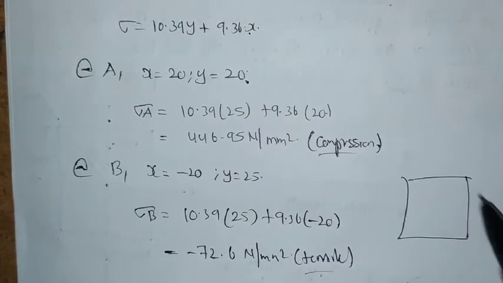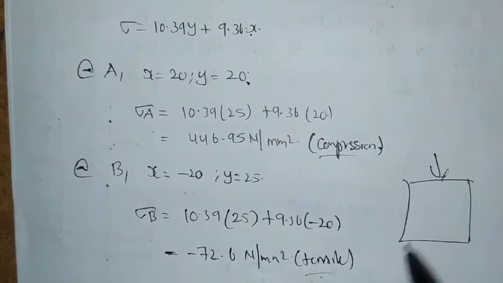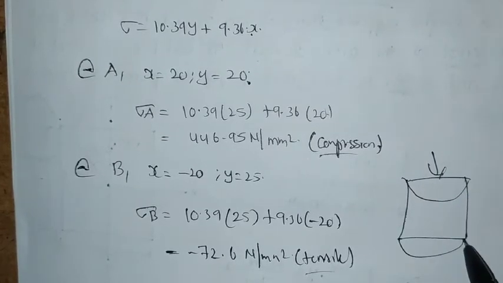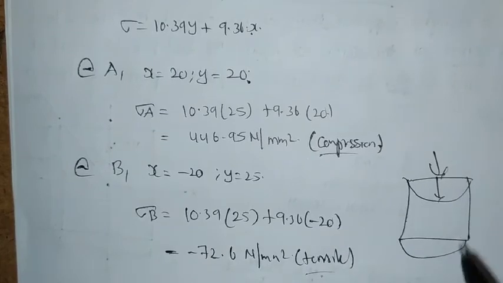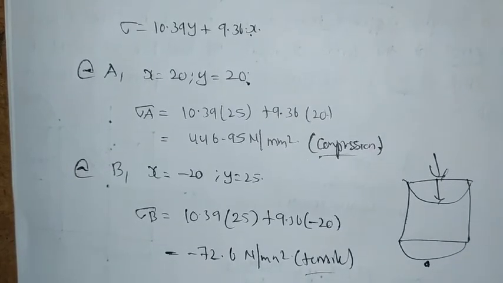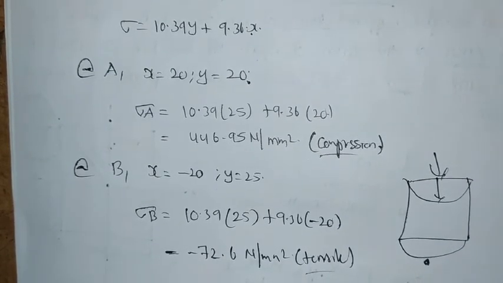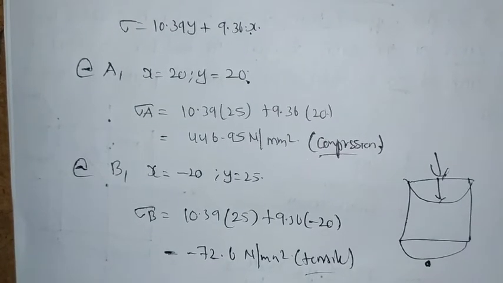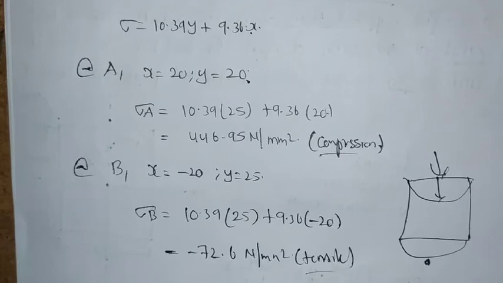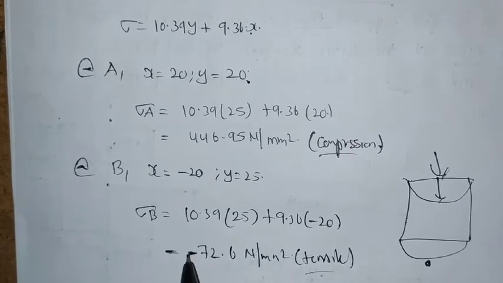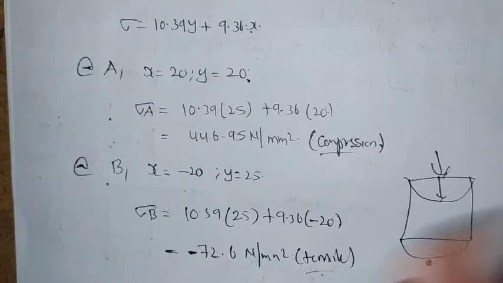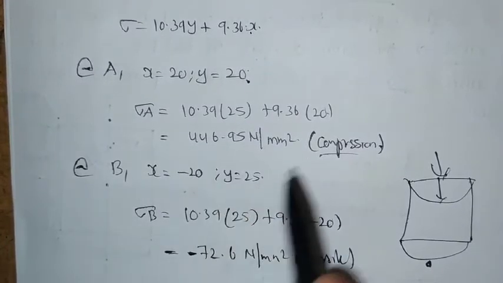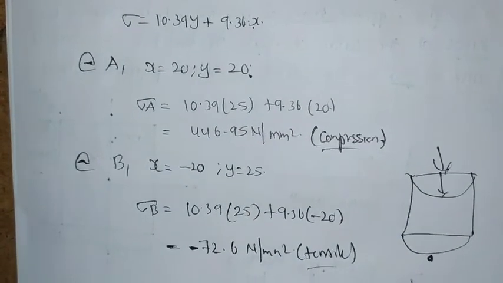Depending upon the figure, we can decide compression and tension. If the load is acting in this way, it is going to bend in this section, so I consider the upper zone in compression and this in the tensile part. Depending upon the loading, you consider the section. In some textbooks they consider negative as compression and positive as tensile. Depending upon the figure shape, we have to consider. Now I am going to consider positive as compression and negative as tensile.